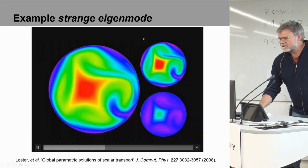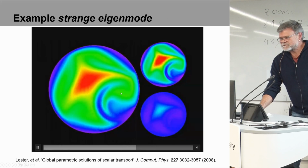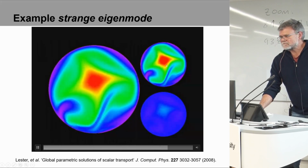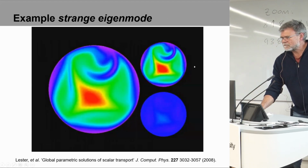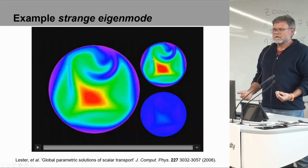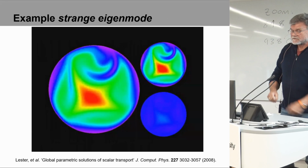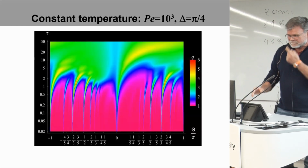On the right-hand side here, we have the magnitudes of the two different eigenvalues, and we see very rapidly there's almost no difference between the full solution and our first eigenmode. So provided we know what the eigenvalue is for this one, we can figure out how long it's going to take to do the heat transfer, basically. And if you do that for a whole ton of different parameters, which is what we did,